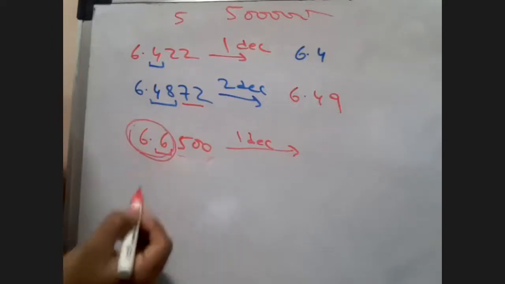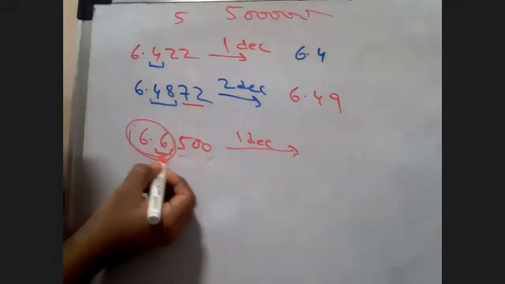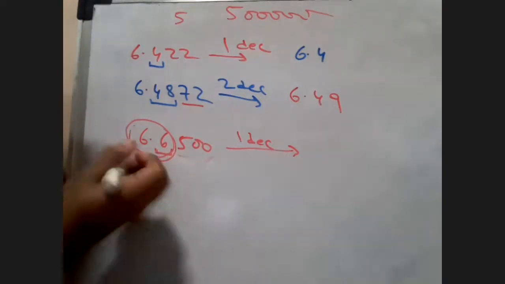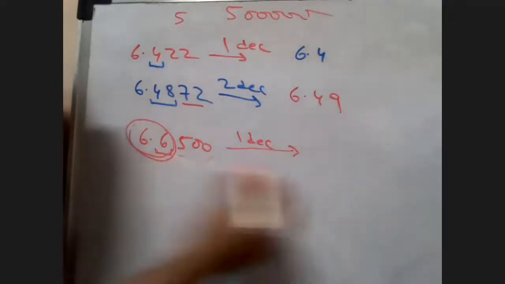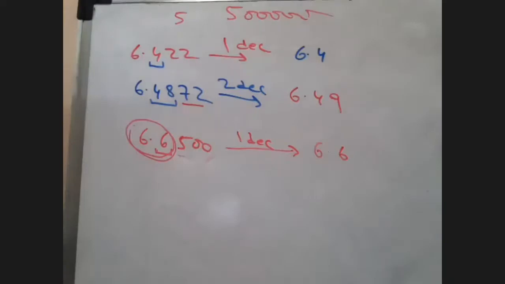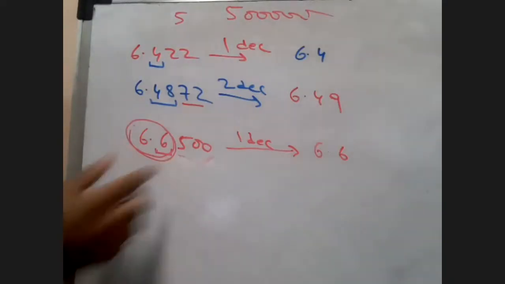I mean this units place. Only this units I'm talking about. So if it was 9, you would have rounded it off to 0 again. Now look at 6.6, right? So it is already even. So I'll keep it 6.6 only, because I want this number to be even.